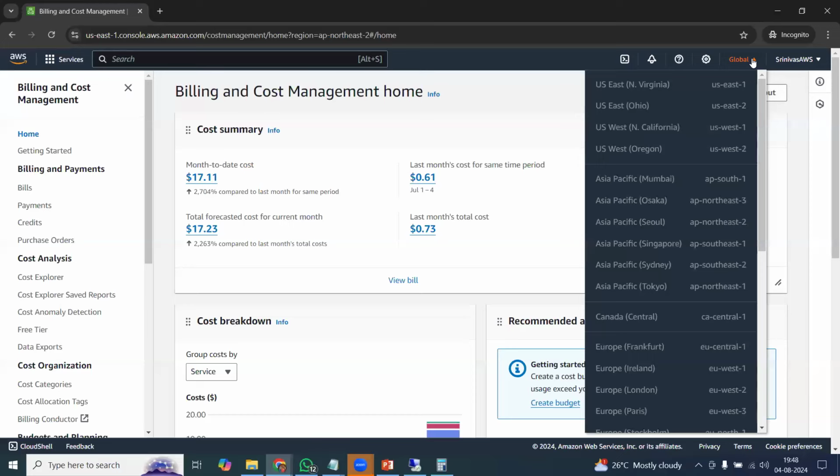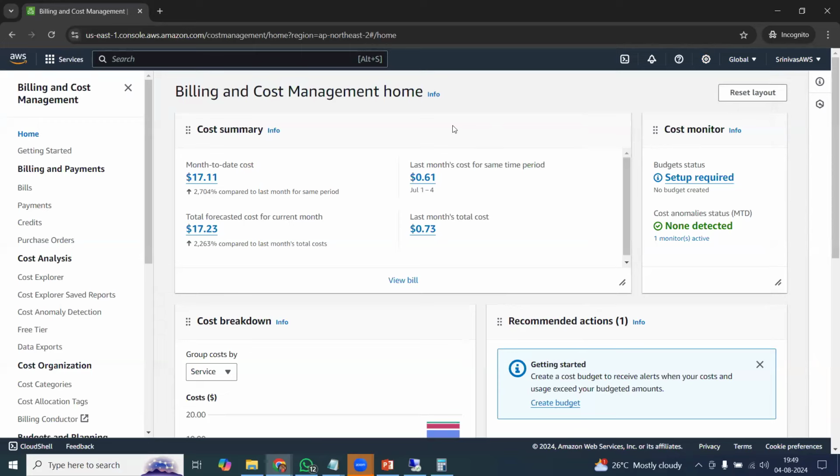So how to avoid a billing? If I leave these two instances, what will happen? At the end of the month, I'll get a bill of nearly $50. Nearly $15 because 690 hours of usage apart from free tier. So it is very much important whenever you are going to do a practice, at the end of the practice,